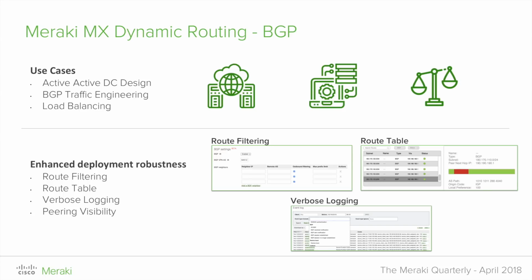Now, we offer load balancing across multiple data centers through the use of templates, and we can ensure symmetry and rule out asymmetric routing with the AS prepending. That's done automatically through the use of templates. It's very easy. We want to keep it Merakified with BGP. Now, with new capabilities, new features, and something as robust as BGP that is also dangerous, we've also enhanced a few features and capabilities with our BGP implementation as a whole. If you look on the right here, you can see we have route filtering, and we added two things.